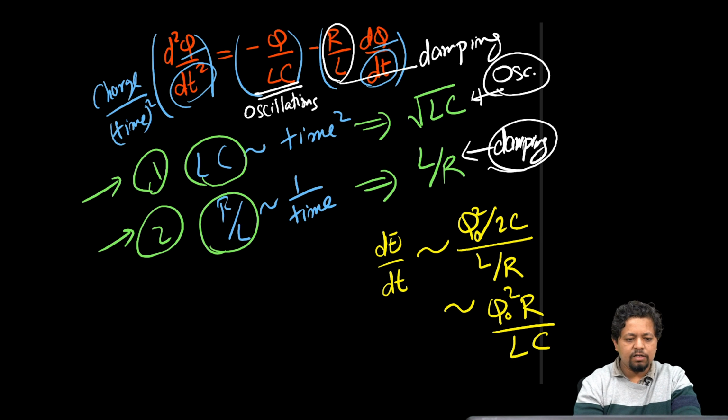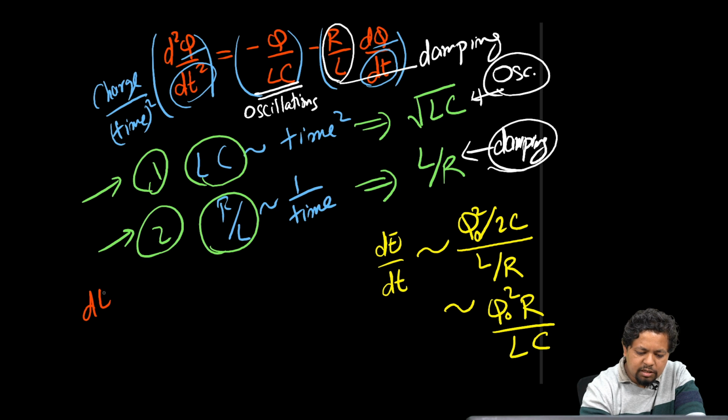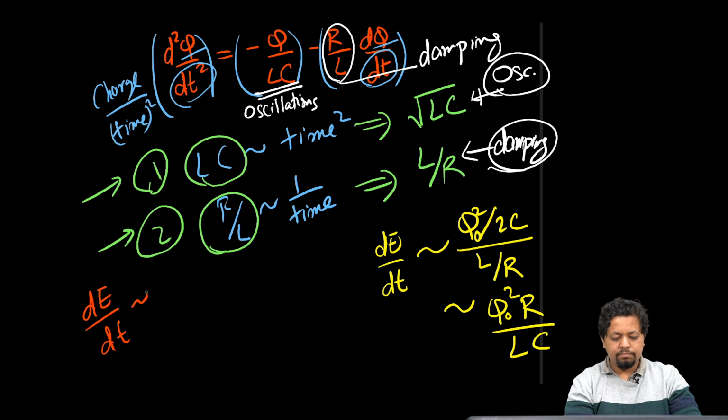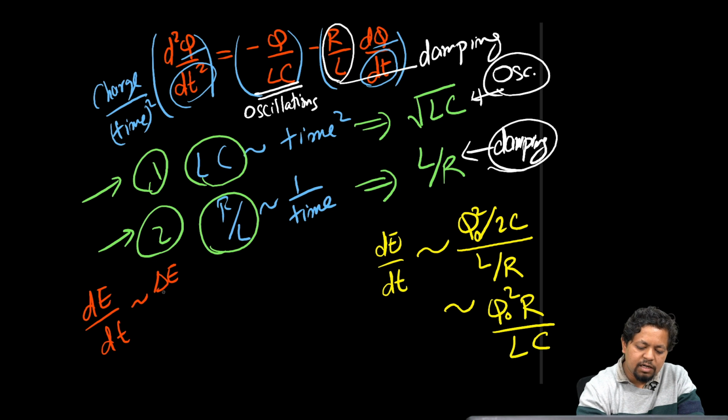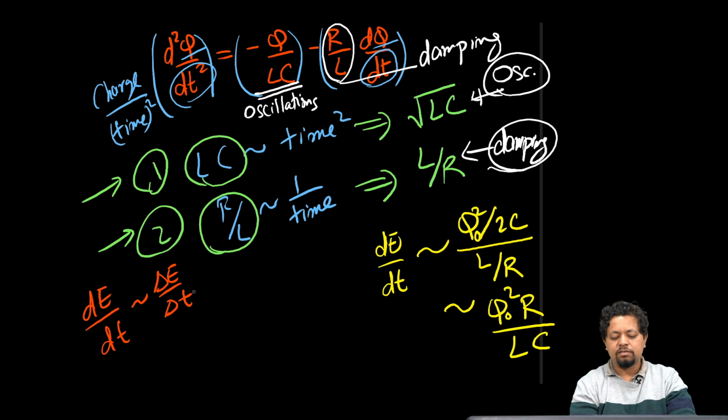I can say dE by dt can be estimated, especially when the resistance is very small, Joule heating is very small and damping is very slow, as delta E over delta T, where delta E is the energy lost in one cycle, and in one cycle, because of Joule heating,